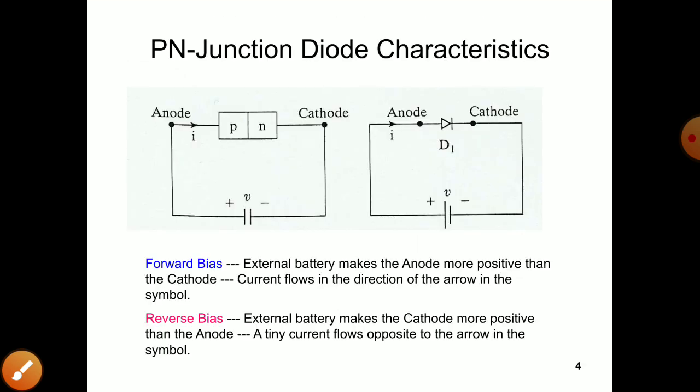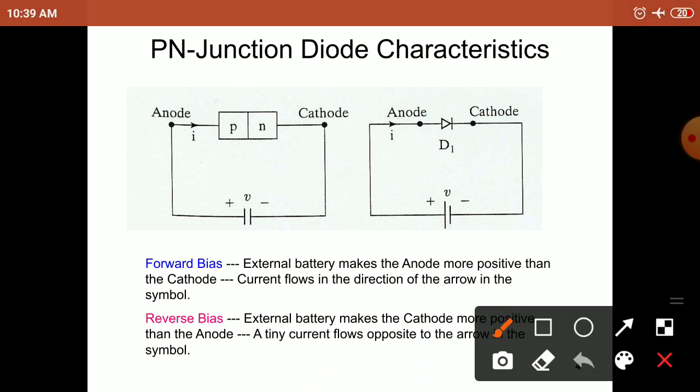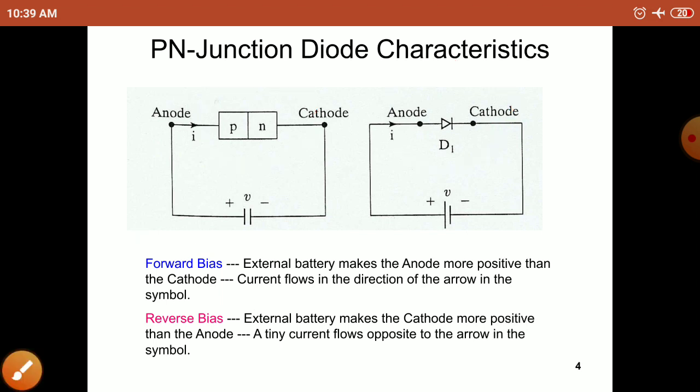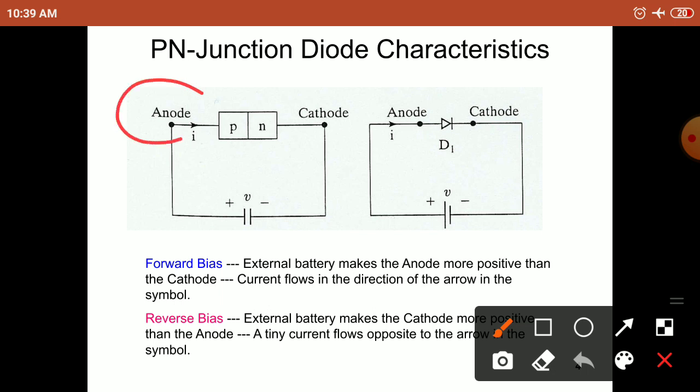Next is p-n junction diode characteristics. You know that diodes are made up of p and n type semiconductor materials, so definitely there will be a p-n junction layout. So this is the p-n junction characteristics of the diode. Figure 1 indicates the p-n junction view and the symbolic representation of the p-n junction of the diode. Here the anode and cathode are marked. This is the anode, cathode, and here also anode, cathode.